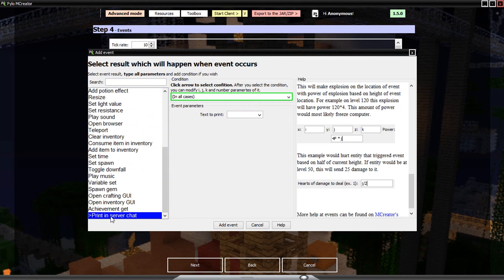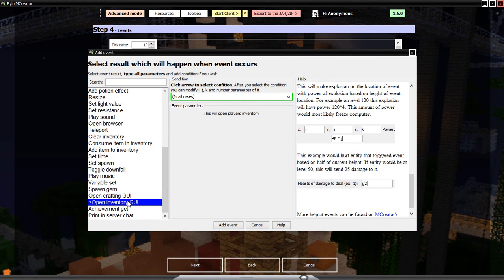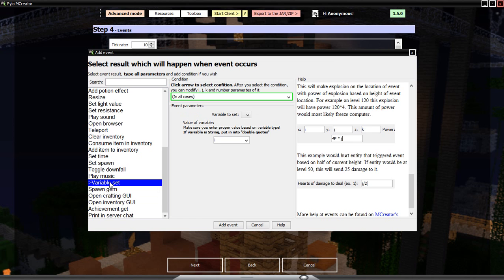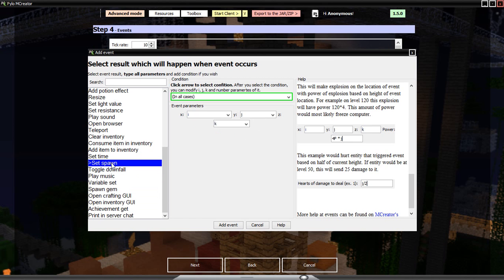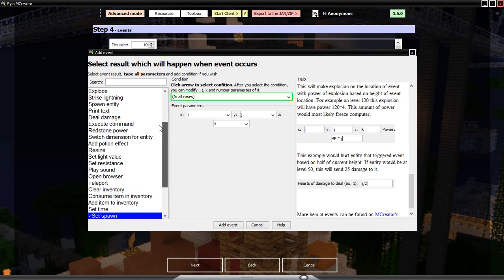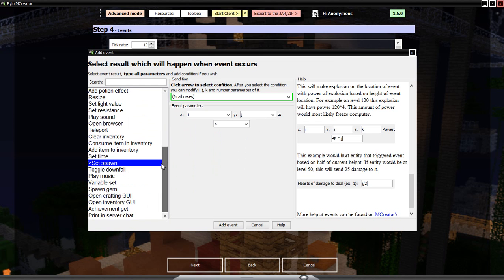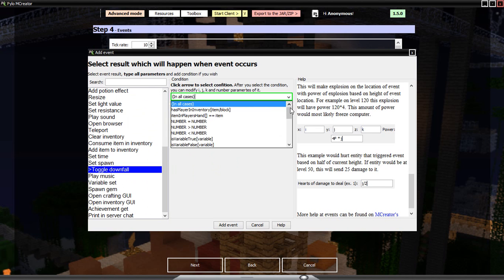So you could print text in server chat, you could get an achievement, open the inventory GUI, open the crafting GUI, spawn gem. I'm not sure about gems, don't quote me on that. Set a variable, play music, toggle downfall, and you can go through all of them if you want to. So there's all of them, and for this example, when you right click, it's gonna rain, but it's only gonna rain